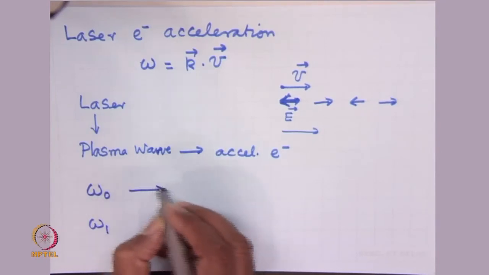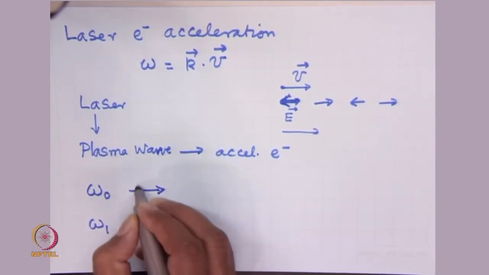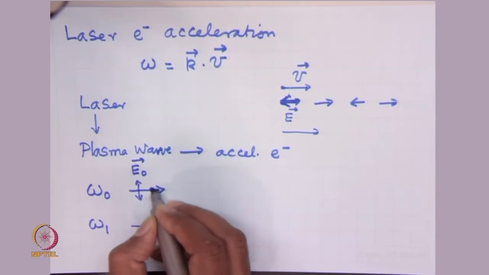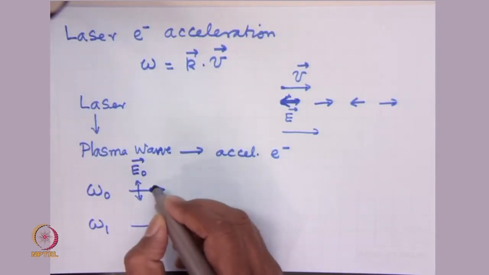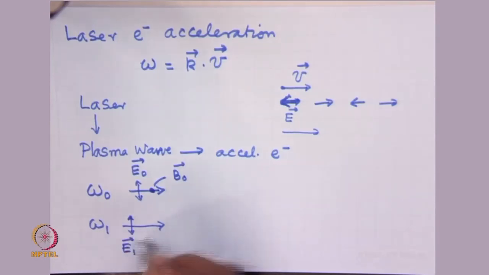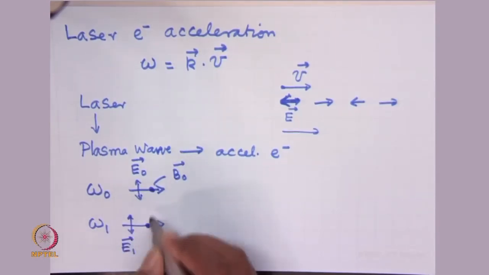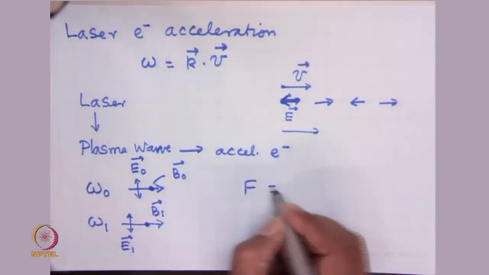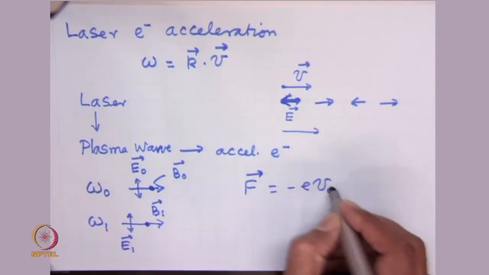This laser is traveling here, this laser is traveling here, this is with electric field E0, and the magnetic field is perpendicular to this page. This is called B0, and this is my second laser of electric field E1, and there is a magnetic field B1 also here. So what will happen? This omega 0 frequency laser will impart a velocity to electrons in the direction of E0, but will beat with B1 through the Lorentz force minus e V0 cross B1